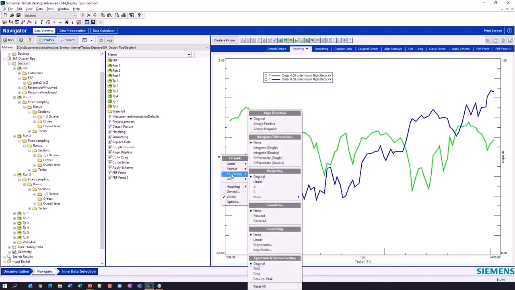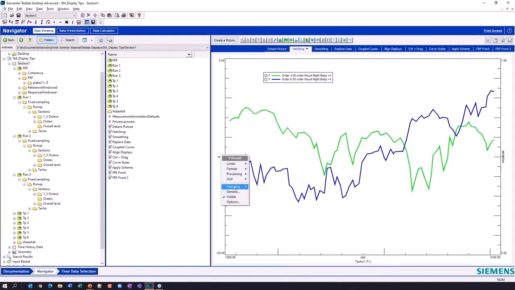Some other things I can do here is hatching, which I'll show you. There's another processing thing I'm going to show you, but I'll come back to that. This is very useful. Let's say blue is our original Model 1, if you want to say, and green is the new prototype, and we want to just compare, did it get better or worse? Obviously you can see this, but one of the nice things that you can do with clicking on the y-axis is hatching. And I can just real quickly add some hatching to the plot.